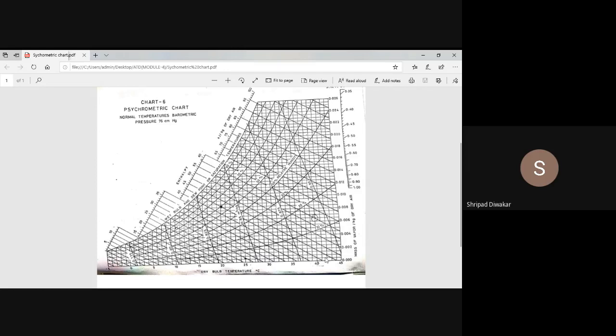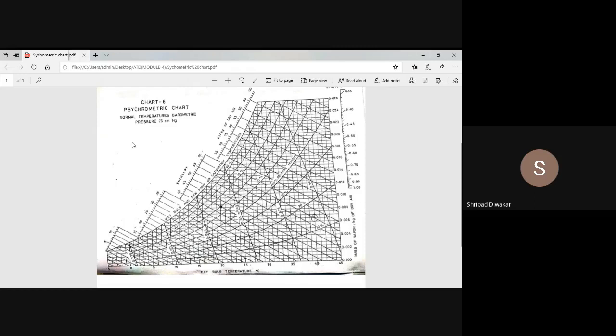The first, all the vertical lines, are the dry bulb temperature. All the horizontal lines you are reading from right to left are your specific humidity lines. This is the second line. And then the third line: you can see this curve here. This is called the saturation line. Saturation means the air cannot hold any more humidity. The maximum we can get is 100% humidity at saturation.